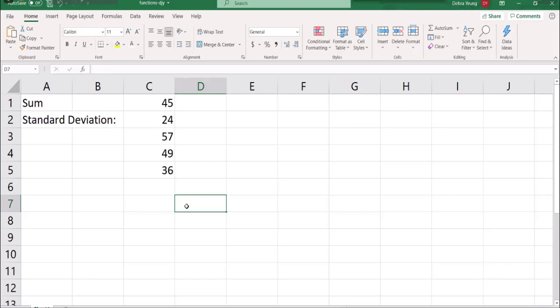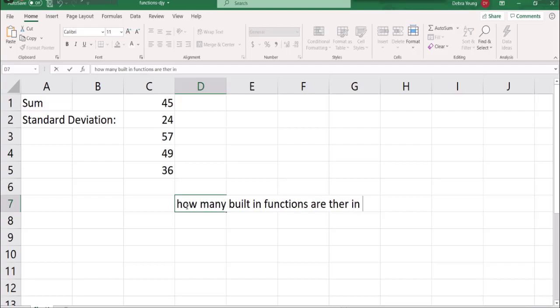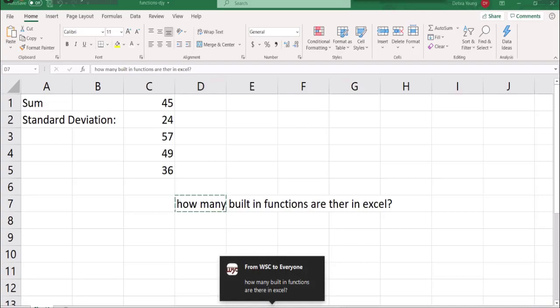I'm going to write this: how many, I'll use the expression built in there in Excel. And it could be 2016, 2019, 365. Now let me take this, press Control-C, go back to my chat, and I'm going to post it here. I can guarantee you right now that